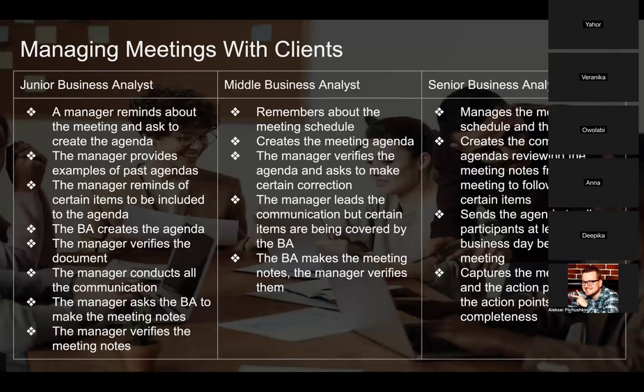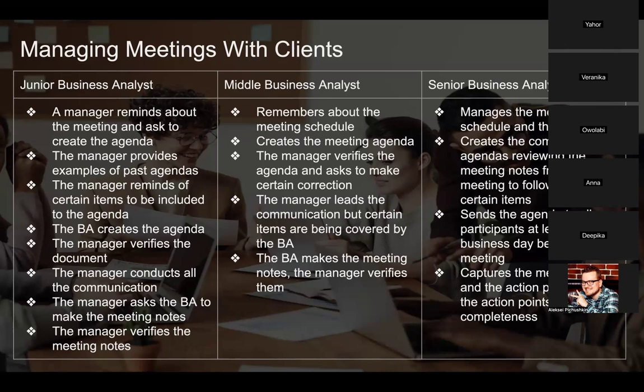So assume we have three grades, like junior business analyst, middle business analyst, and senior business analyst. And here on this slide, you can see how differently they might approach the same activity or the same responsibility, being on a different level. If it is a junior business analyst who has probably just been hired and is new to a company, they will probably need someone's supervision, someone's help. Here, I just use the word manager because it can be a senior business analyst on the same initiative probably,